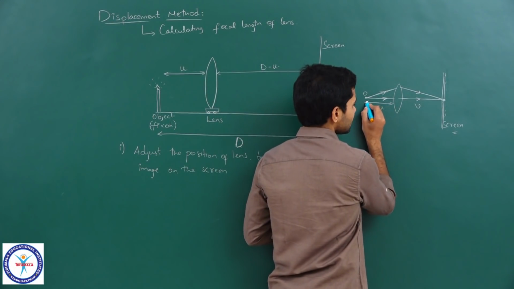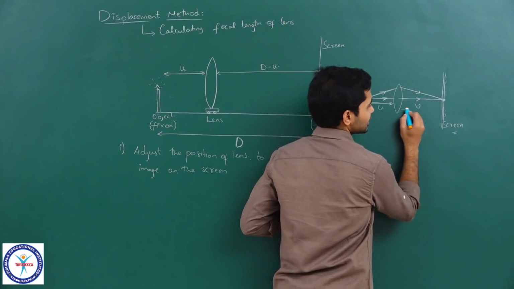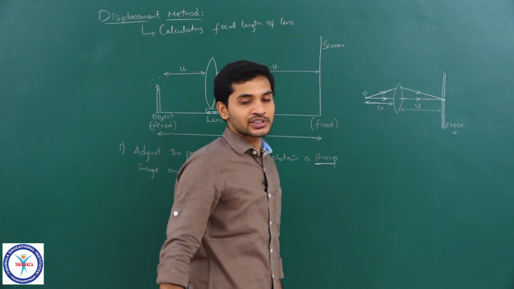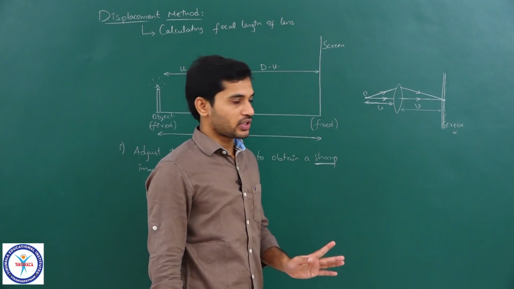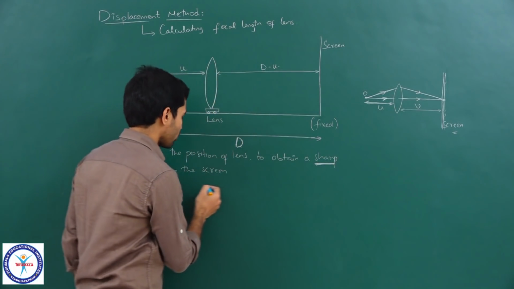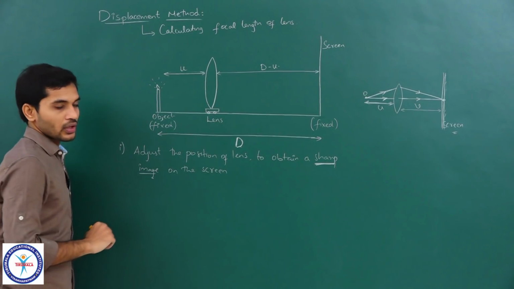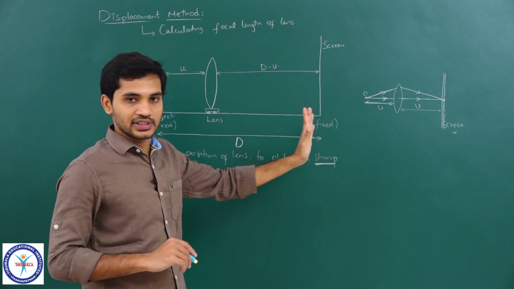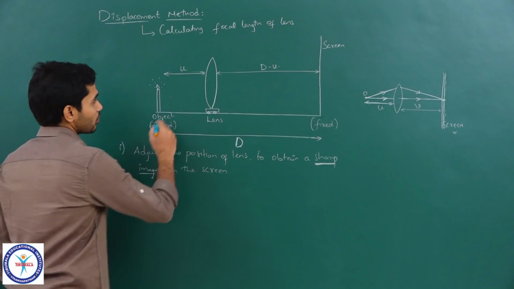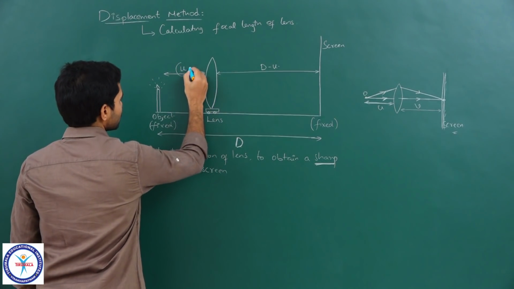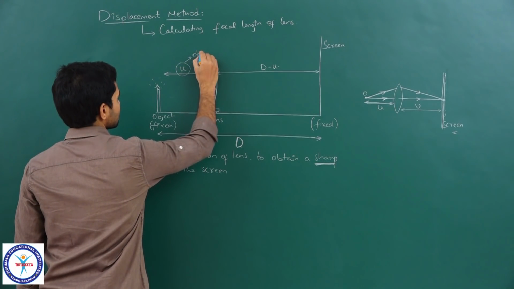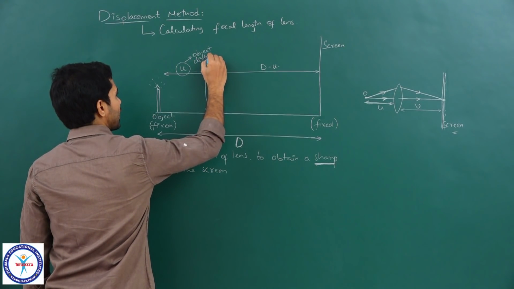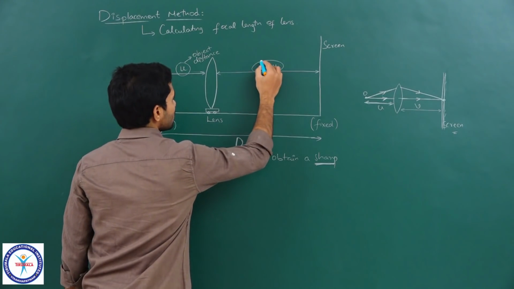So, this is the basic idea. If u is the object distance and v is the image distance, and if the screen is exactly at the location where the image is formed, we obtain a sharp image. So, that is the basic meaning here for sharp image. Clear? Okay. So, here we are not going to change the screen, we are going to adjust the position of the lens, right. So, from this, if I take u as the object distance, then can I automatically say D minus u will be the image distance.